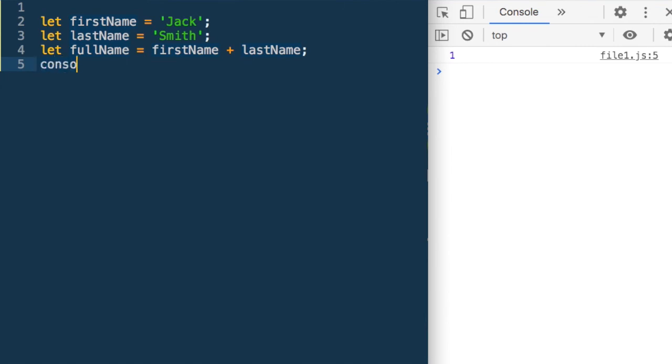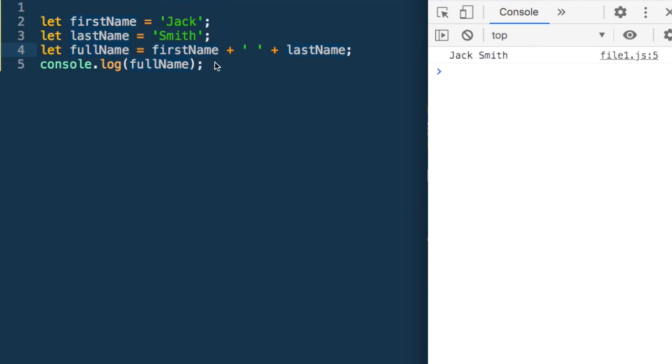So now if I do a console.log of full name, what do I get? I get JackSmith. So these two strings have been concatenated. Let's say if I wanted to put a space in between, I can either define a new string or I will just add another string to it. And now what do I get? I get Jack Smith. So that's the way we can concatenate strings.